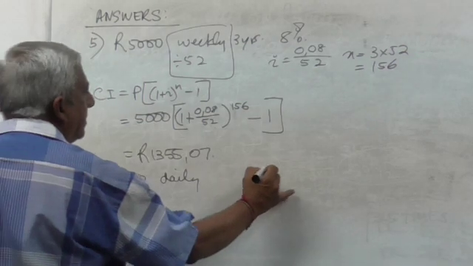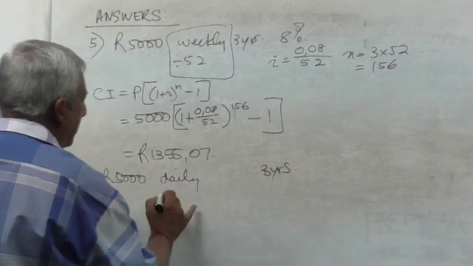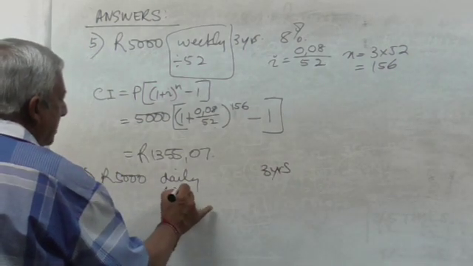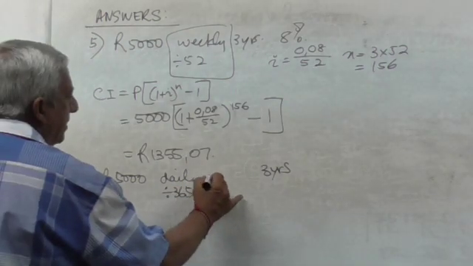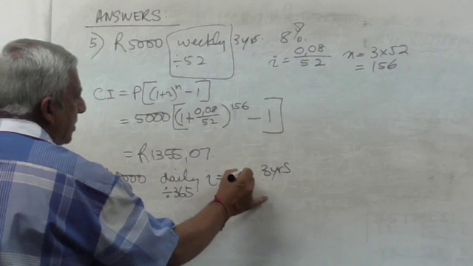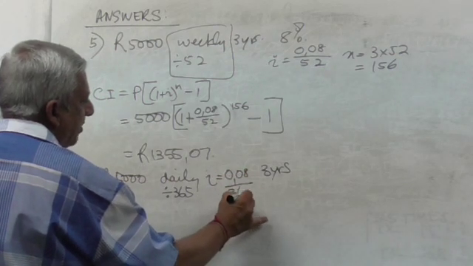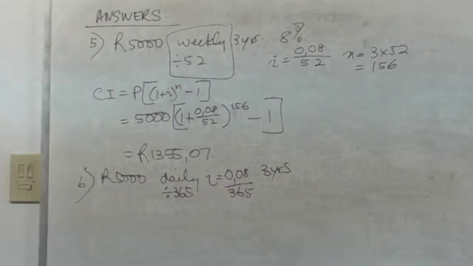Number 6. Capital is still 5,000, but number 6 is daily. And it's still 3 years. Daily means divide by 365. So the I is equal to 0,08. It will be divided by 365. The years, the N